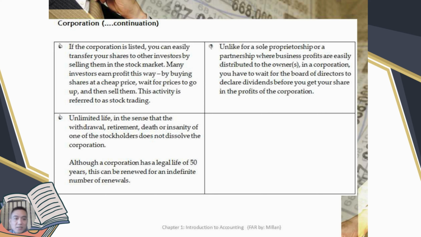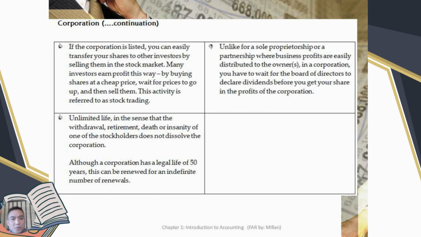If there is a withdrawal of one of the partners, then the partnership can be dissolved. Although a corporation has a legal life of 50 years, this can be renewed for an indefinite number of renewals. For the disadvantage, in addition to the first